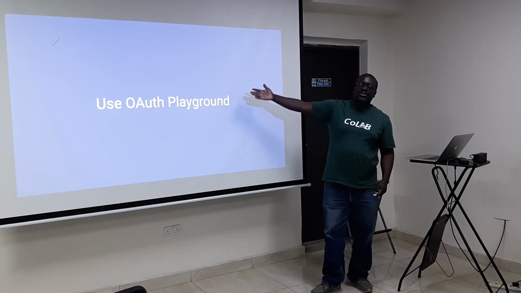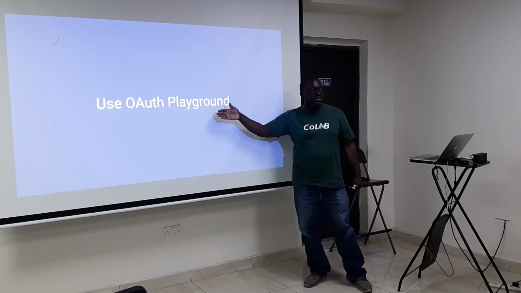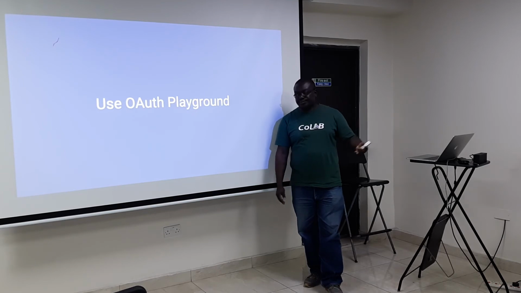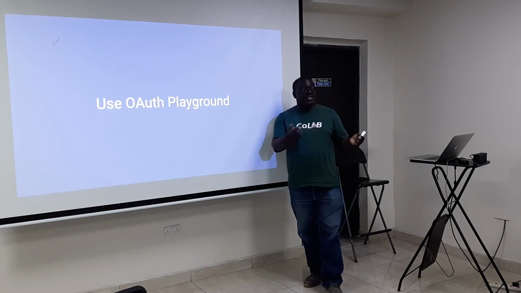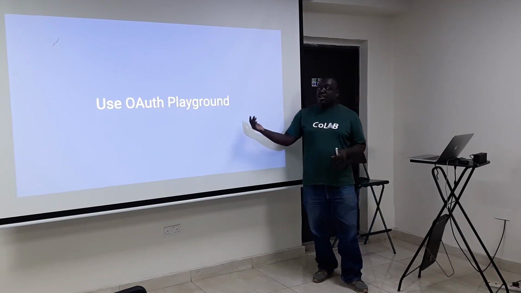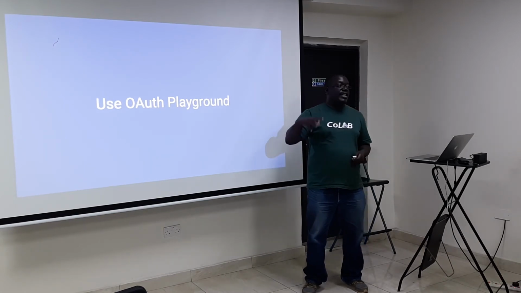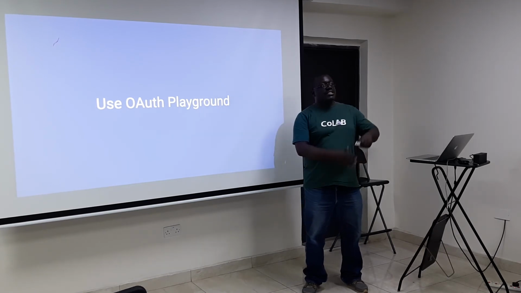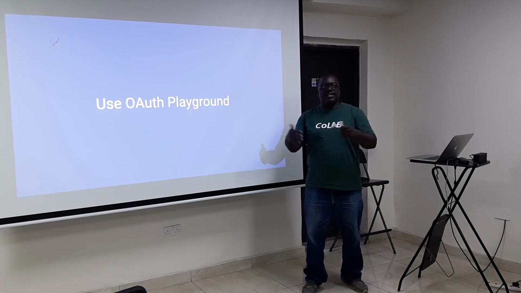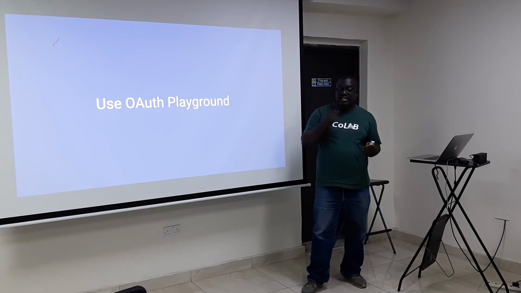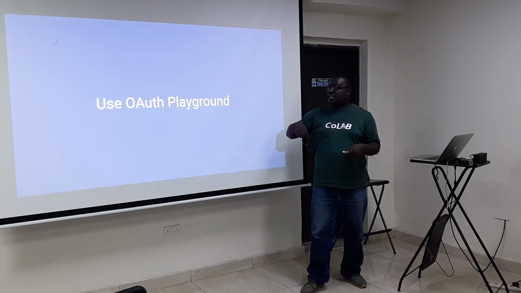Of course, how do you use the model? There's something called OAuth Playground, and what OAuth Playground will do is, from a browser, you're able to get credentials to use HTTPS or to use Postman to test APIs. Because once you do this deployment, you actually have an API. So all of this stress is so that web devs, Android devs, and every other person who does not like stress can call the API endpoint.